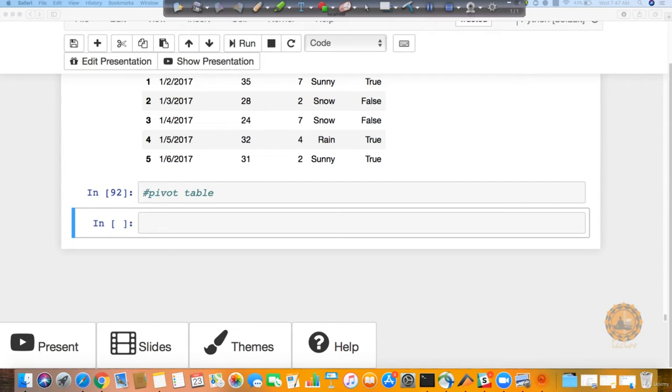People who have worked on Excel sheets might have already seen this pivot table concept there. So you can create your aggregate table by using that Excel-kind of functionality. So let's see how to work on this. Let's say I have a df2 data frame. Now I'm just going to say pivot underscore table. This is the same data frame which we were using last time, the df2 data frame.